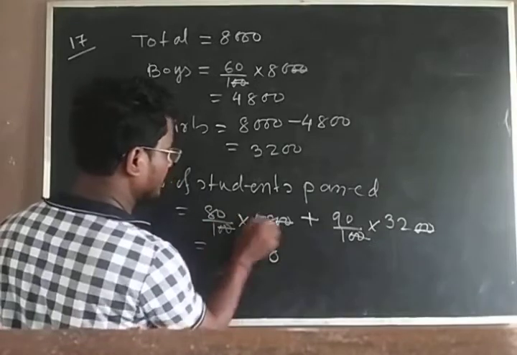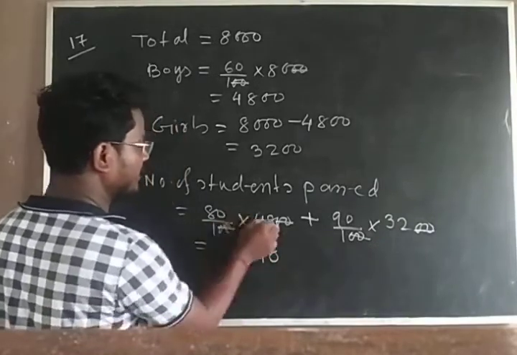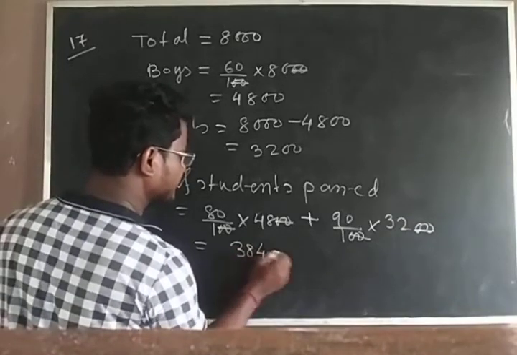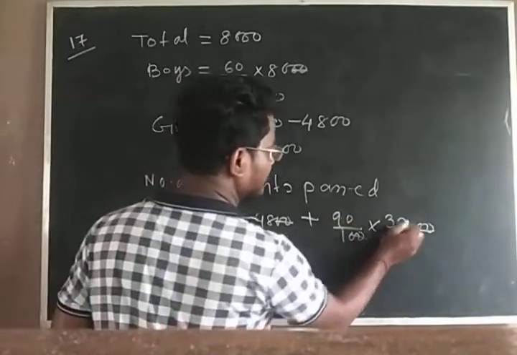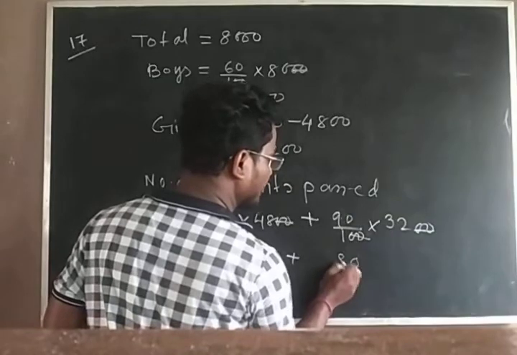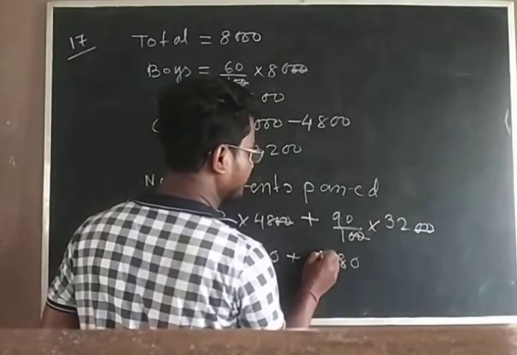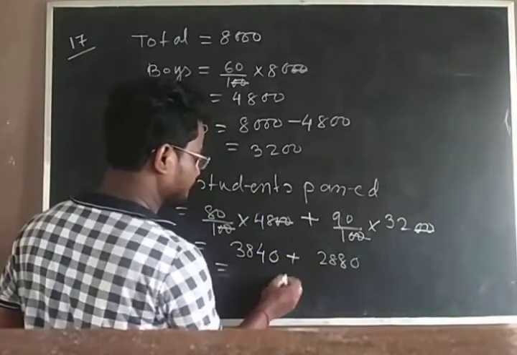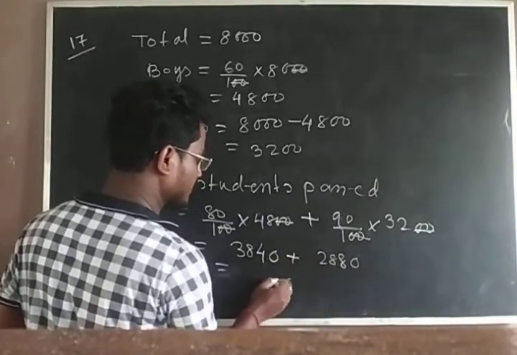Then 0, 8 8 is 64, 8 4 is 32, 38 plus 0, 9 2 is 18, 9 3 is 27, 28, and added this 0,